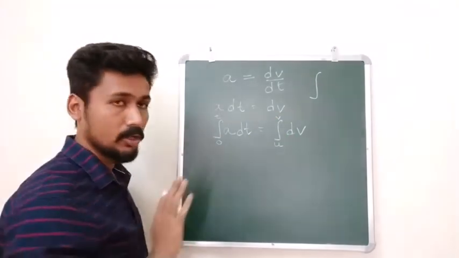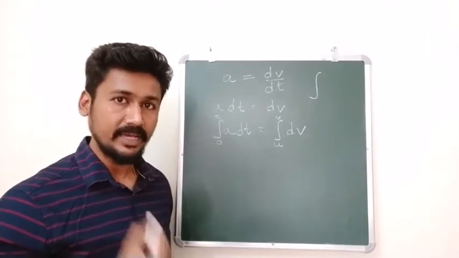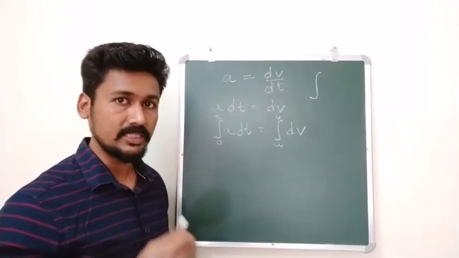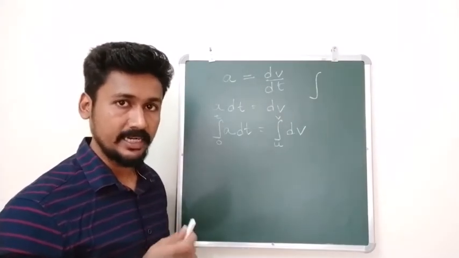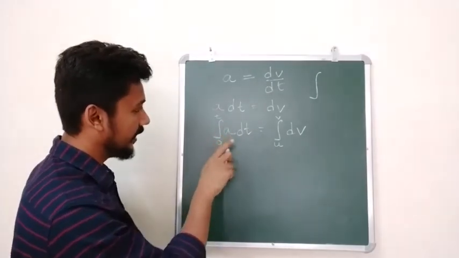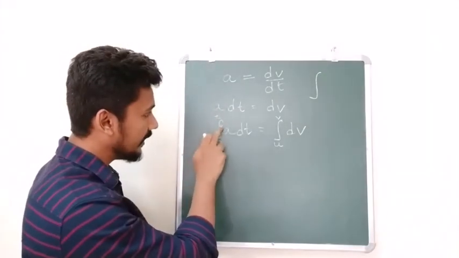Fine, I hope till here you are not having any difficulties. Of course these methods are very new for you, but that is okay. As you see these concepts slowly you are going to understand them in a much better manner. So when we say integral of a dt, now a, as we said, is a constant, it will come out. So we have only integral of dt.